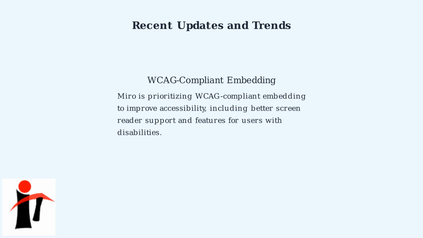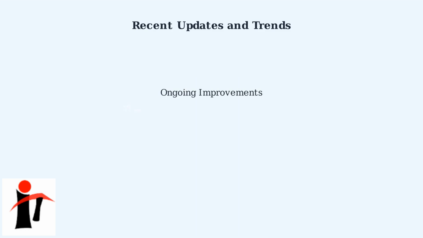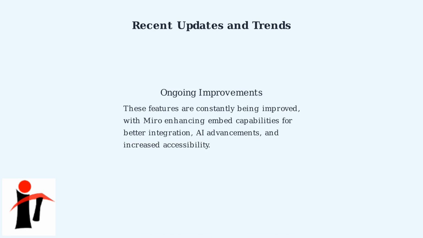The platform is prioritizing WCAG-compliant embedding, which ensures better support for screen readers and other assistive technologies. This includes features that make embedded boards more usable for people with disabilities. Miro continues to improve its embedding features on an ongoing basis. Future developments include enhanced APIs for real-time synchronization, deeper AI integration, and expanded accessibility options to meet evolving user needs